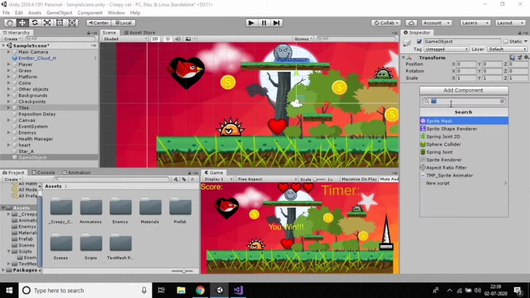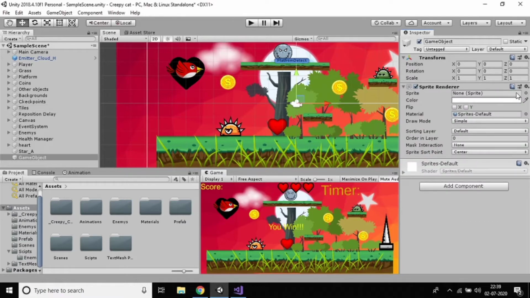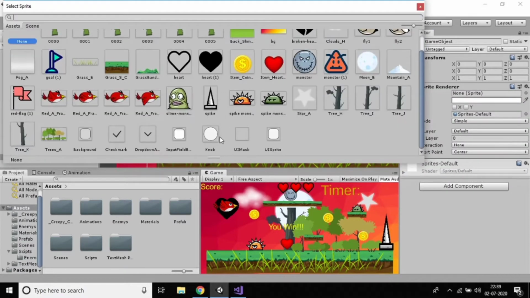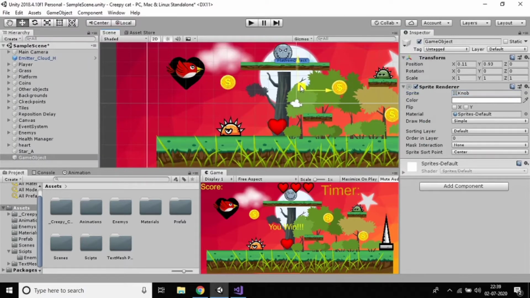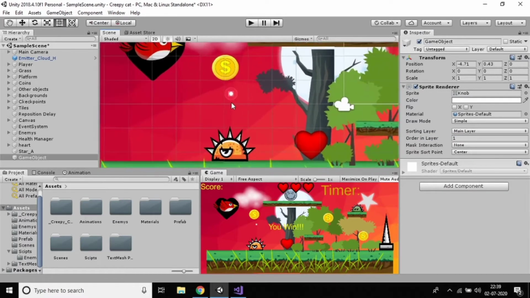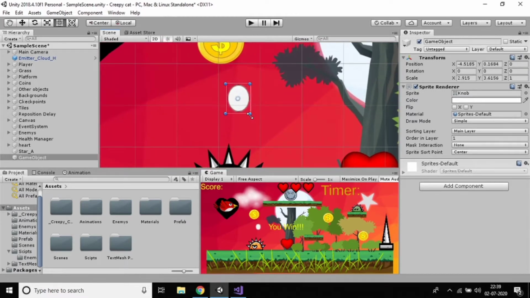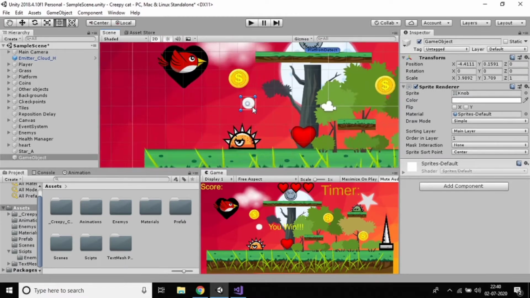Just add the component, make it a sprite renderer, click here and you can find the knob. Create a knob, and make it the main layer. I don't know whether you are able to see it or not, so I'll increase the size. So this is the knob. I think you are able to see it now.